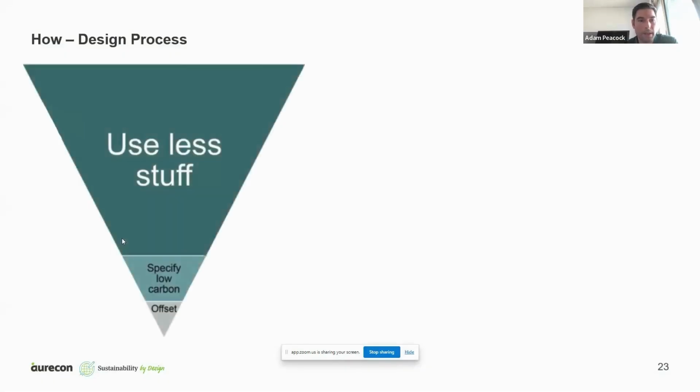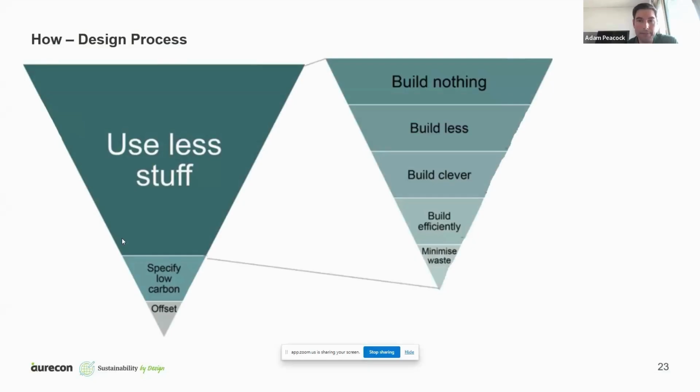So the how. This is from the iStruct-E, and it's basically the hierarchy. Obviously using less stuff will be more environmentally friendly, then specifying lower carbon materials, and then lastly, offsets. Within that, use less stuff: obviously build nothing, but that's not always going to be possible. Then building less, so can we renovate or refurbish an existing facility? Building clever, building efficiently, and then also trying to minimize waste. So effectively designing less, can we achieve the same outcome without building